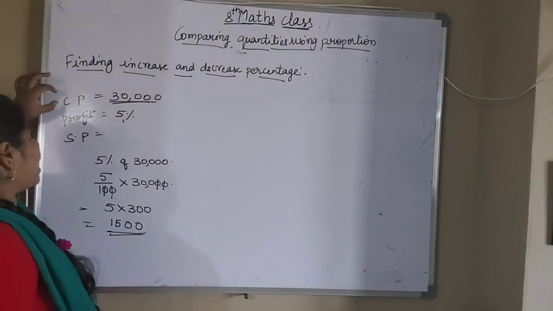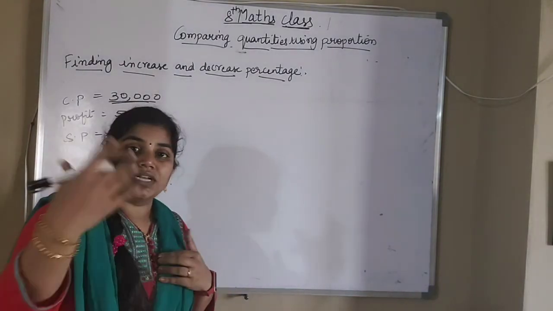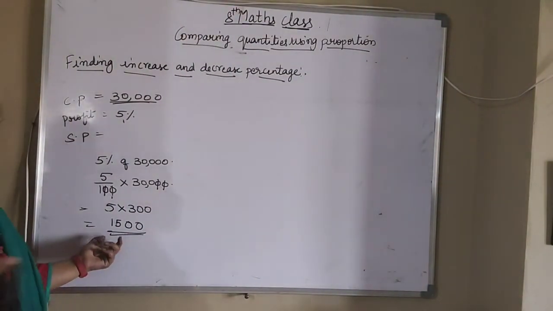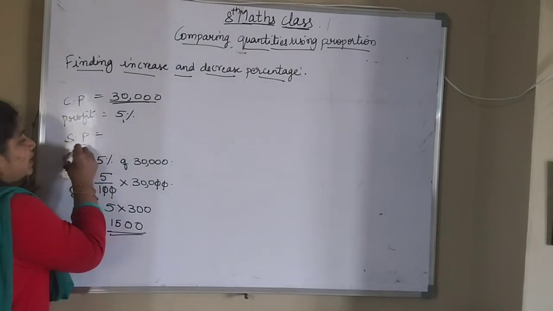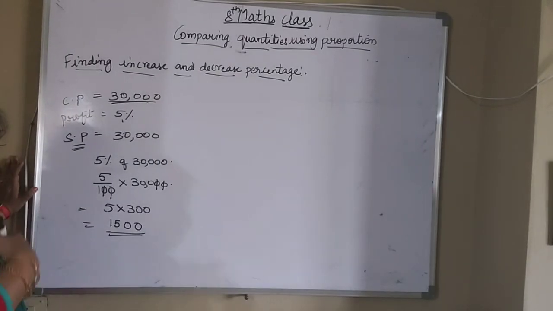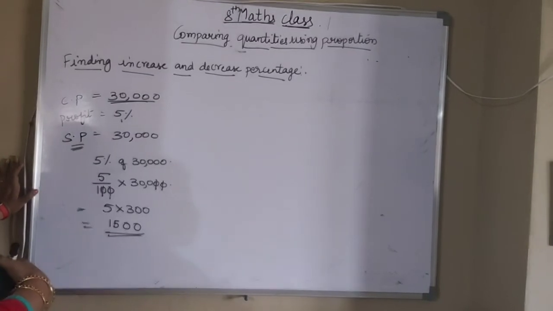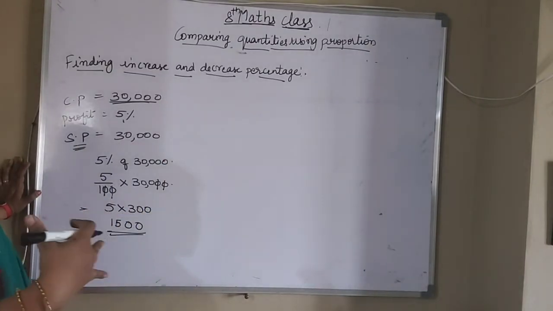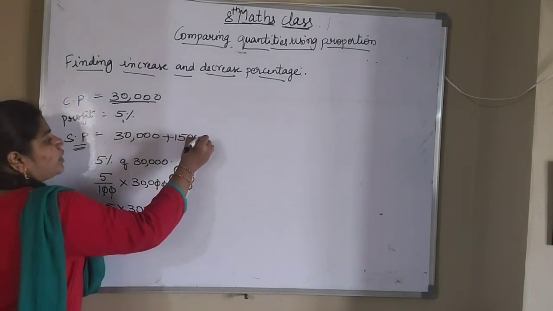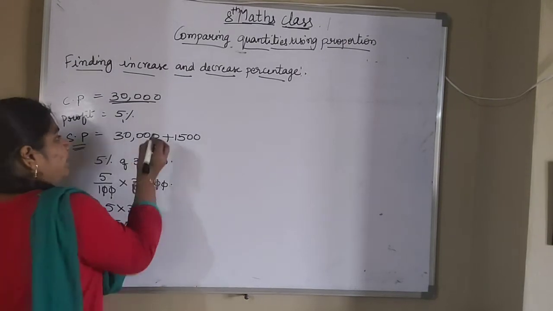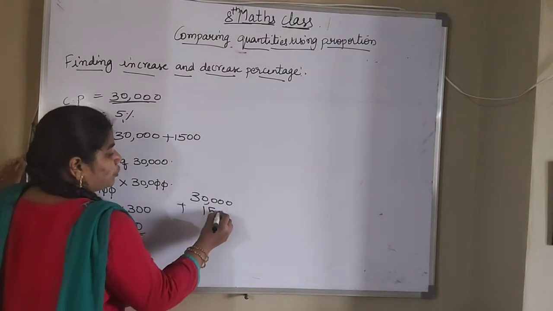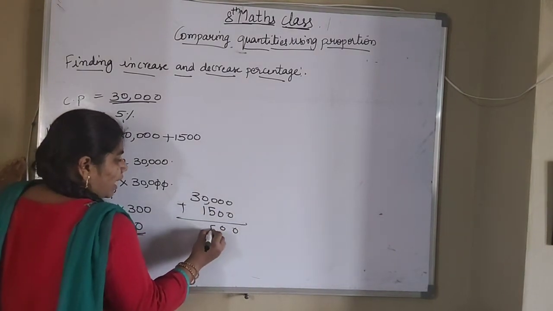1500. That means I bought for 30,000. After selling that I got extra. How much extra amount I got? 1500 extra amount I got. That means what will be the selling price here? Cost price is 30,000, what I bought, and the same fridge I have sold for 5% profit. So what is the 5% profit there? That will be 1500. So we have to add 1500 here. So that will be how much now? 30,000 plus 1500 extra I got. That is profit value. So if you add, that will be